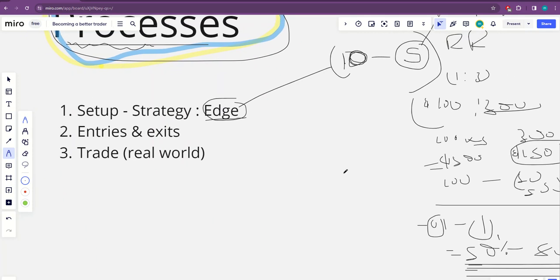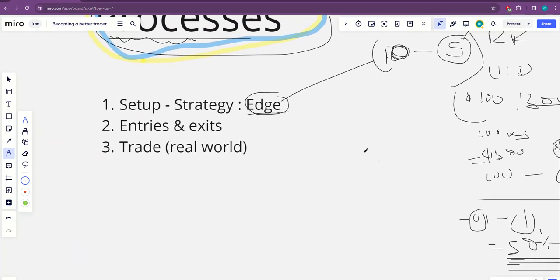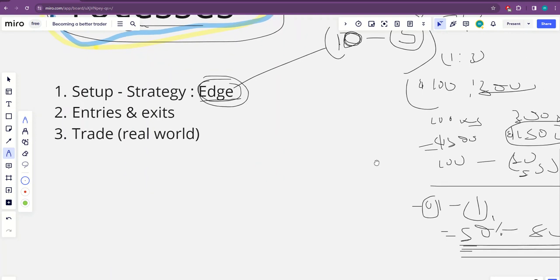So yes, of course, I believe now you understand what an edge is. I'm not saying you should follow the setups on this channel, but if you don't have a setup, if you don't have a strategy, I have a playbook. It has the strategies. It is in the description, and I have a lot of videos talking about different kinds of strategies. The reason I love the playbook is because there's only one setup that, if you focus on it and take it whenever it presents, is going to help you over time with confidence.